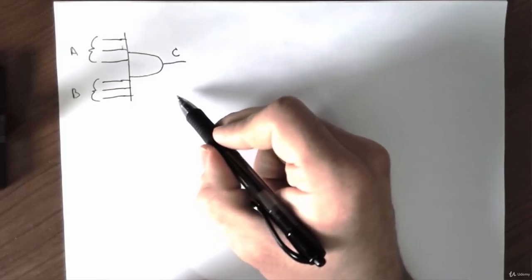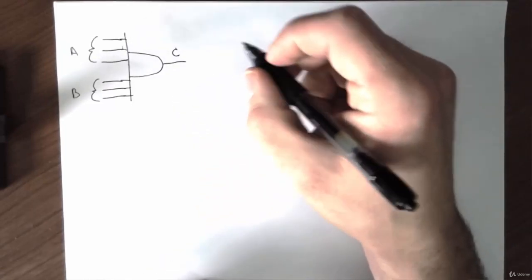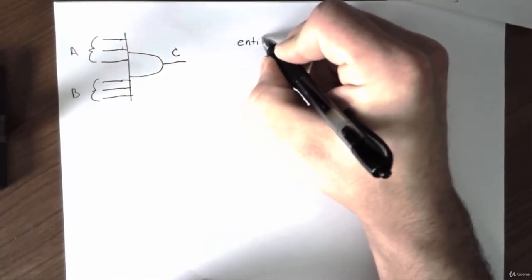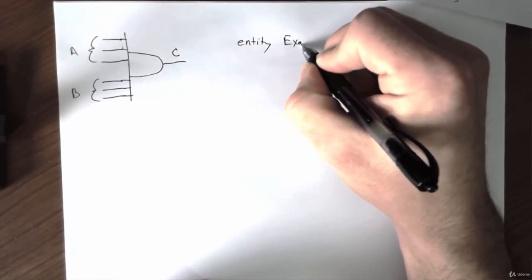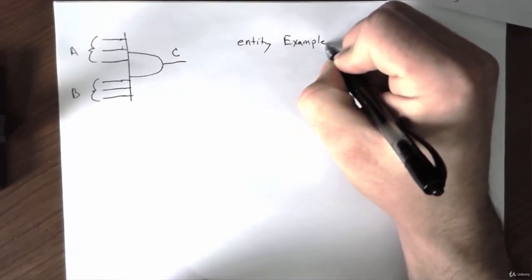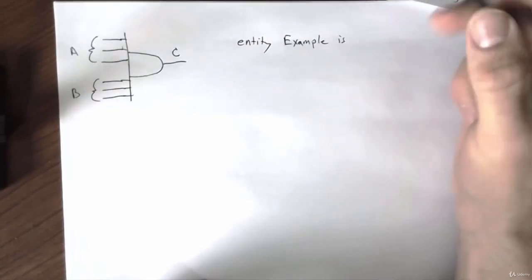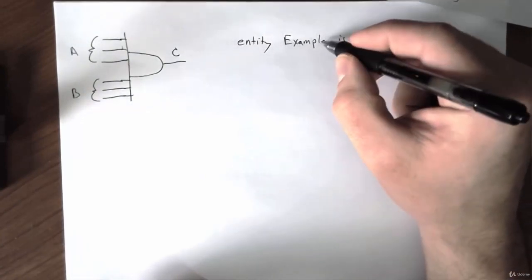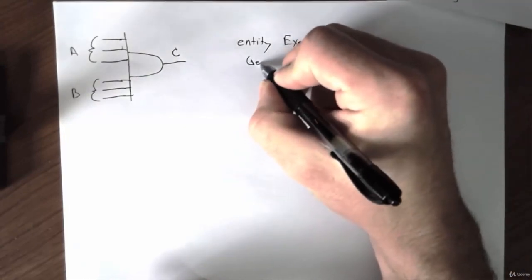So in order to define this, we first want to make sure we define our generic in the entity. So we'll say entity, and we'll just give it a name. I'm going to call it example. Entity example, and then the keyword is, and then we want to use the generic. The generic comes before the port, so we'll say entity example is generic,